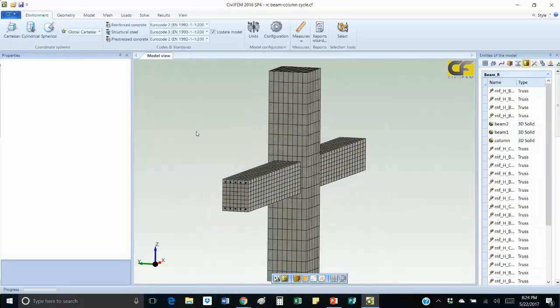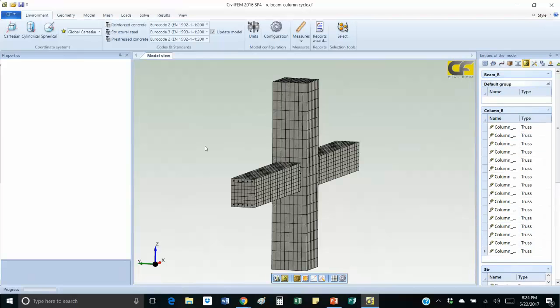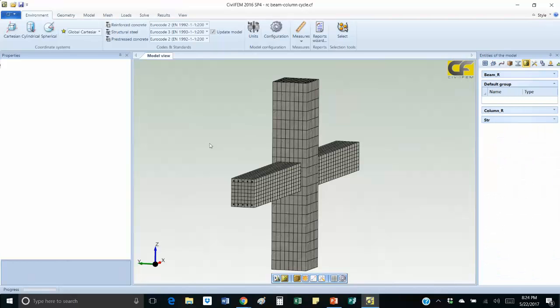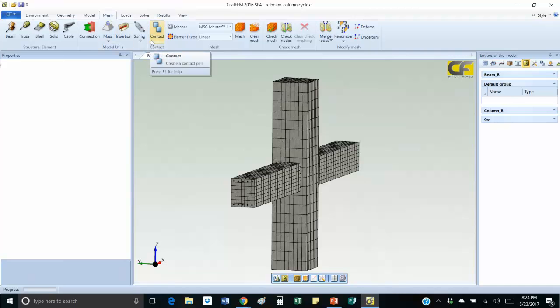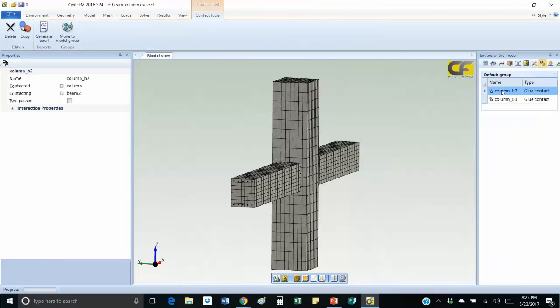Okay, I would like to show that maybe you can ask, "But how can I make the bonding in this joint?" Well, this is a very powerful tool that we have here with CivilFEM, because we can simulate the contact between two or more elements using this tool. By using this tool, we only have to select one member and another member and assign them the contact property. And